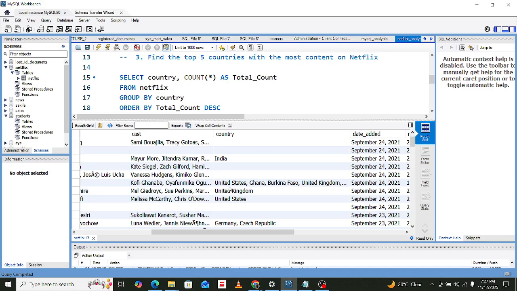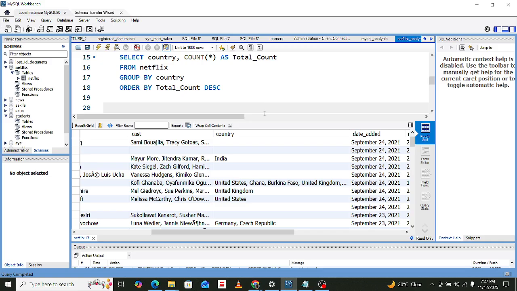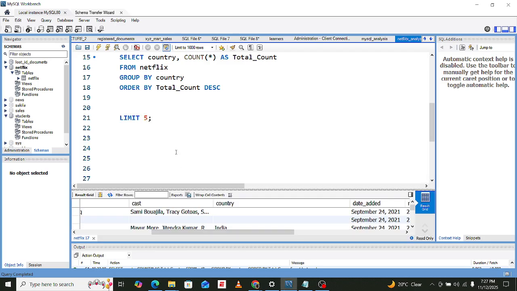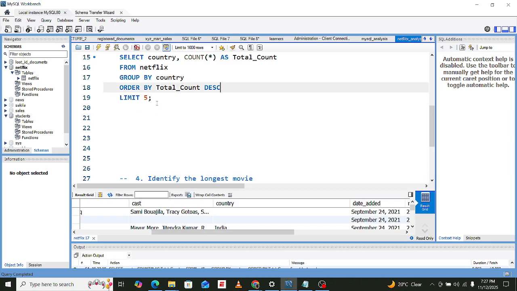So I think that is what we are going to do here. This one can just remain, and then we are going to compare with what we are going to write here. So the first part is correct, that is the selecting.